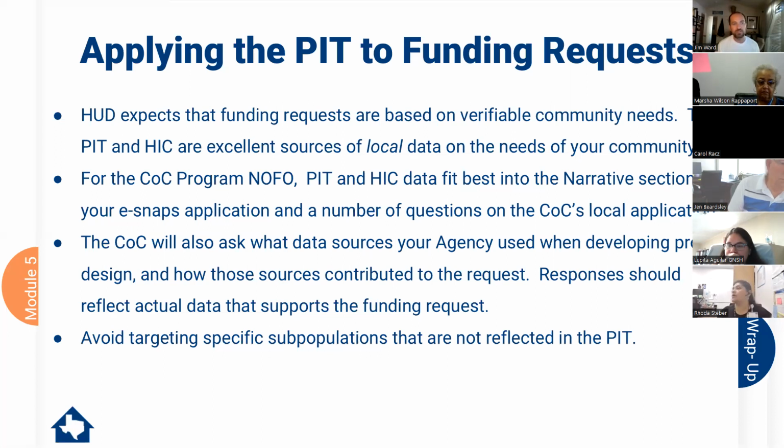We would, again, similarly, I suppose not again, encourage folks to consider targeting your projects to either the general population of people experiencing homelessness or specific subpopulations that are reflected in your point in time count and your housing inventory count. So an example of that would be, if you have identified 0 transition age youth in your point in time count, but then are applying for a 50-unit transition age youth serving rapid rehousing project, we would have questions about that. Doesn't necessarily mean that we wouldn't recommend the project, but it certainly is a factor in the evaluation process.